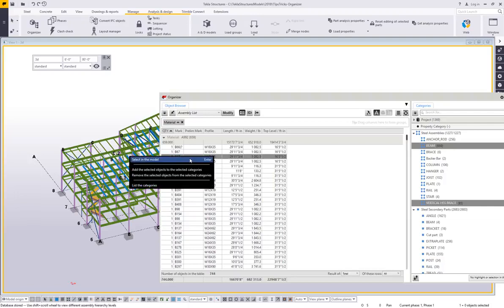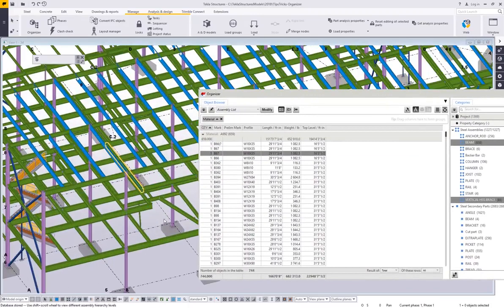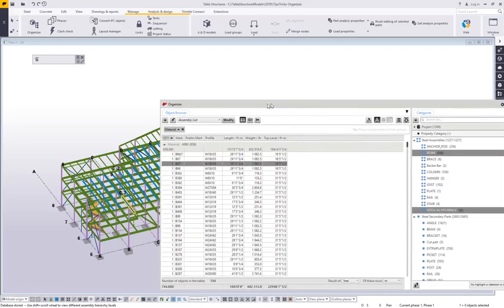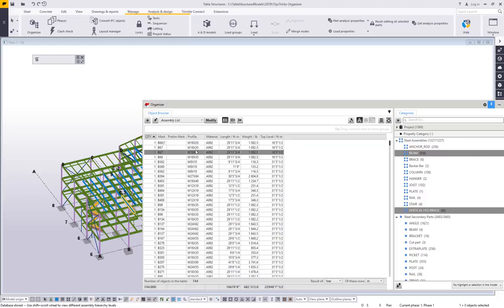I can right click on this and select it in the model, which will actually go ahead and highlight that member so that I can find it and fix whatever happens to be wrong with it. So there is this nice two-way street of interaction between the organizer, not just the categories, but the object browser and the physical model. This is pretty adjustable on the fly, so if you want to go ahead and drag